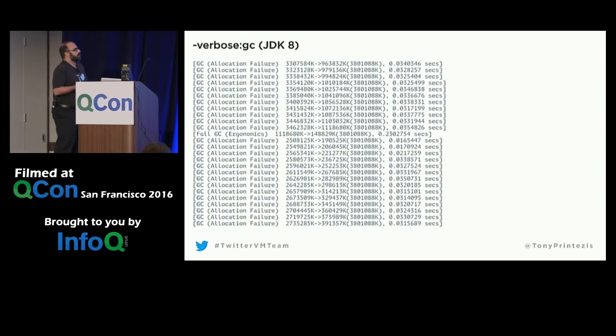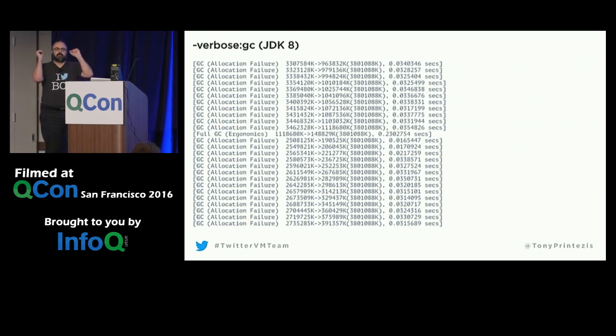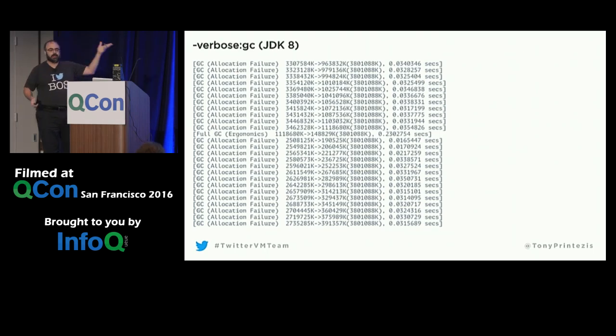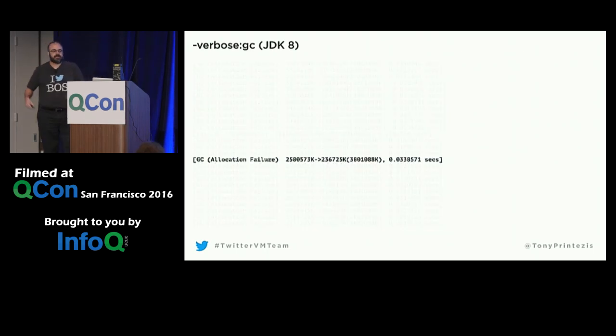So here is an example of a GC log. If you just type java -h, it will show you, hey, you have this option -verbose that you can say gc, and you enable verbose GC, and you get something like this. And every log record represents a garbage collection. You have some information about what caused the garbage collection. It's an allocation failure in this case. You have heap information before and after and how long the GC lasted, right? So that's the verbose GC information, and nobody uses verbose GC if they're really serious about doing GC tuning because it has very minimal information, and most of the time it doesn't tell you what went wrong during the GC, what happened, and what is potentially causing the issue.